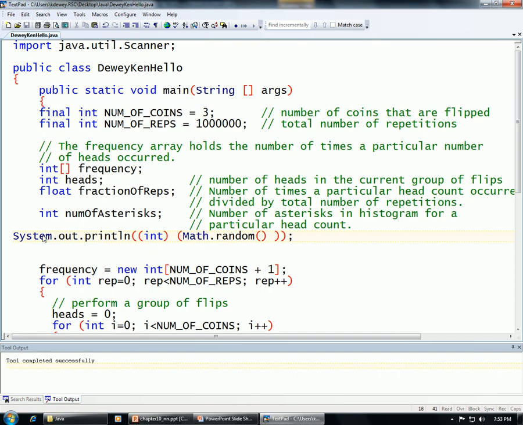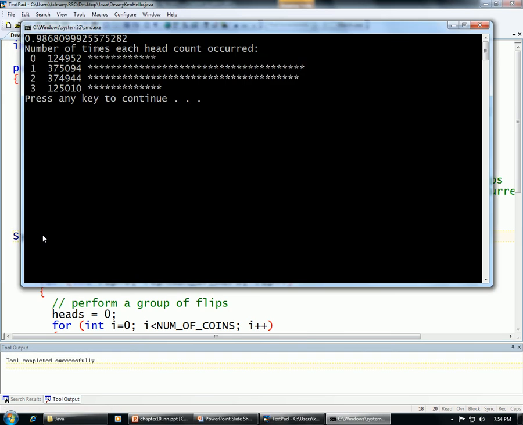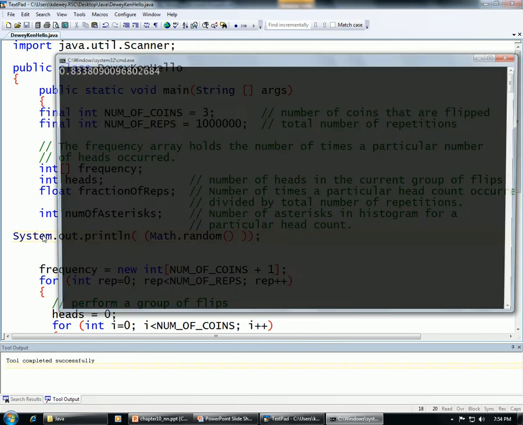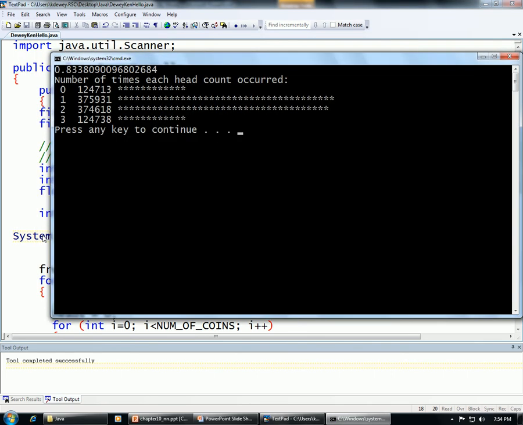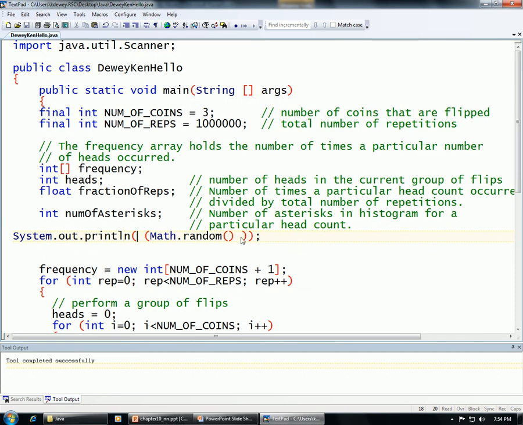Remember, I still got integer. Oh, hold on. Now you'll see what random returns. Random returns a random number. That was 0.625, 0.986, and so on and so forth. You see that? See that random number at the top? Alright. Now if I go in here and I tell it random number times 2,